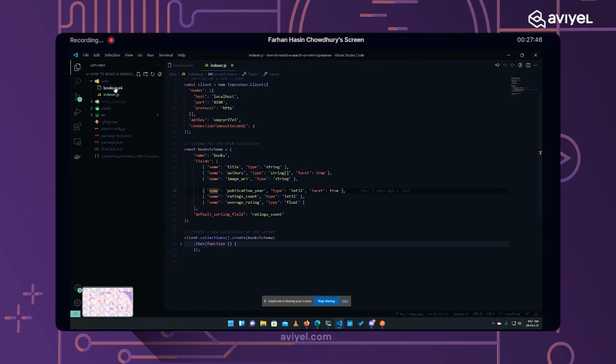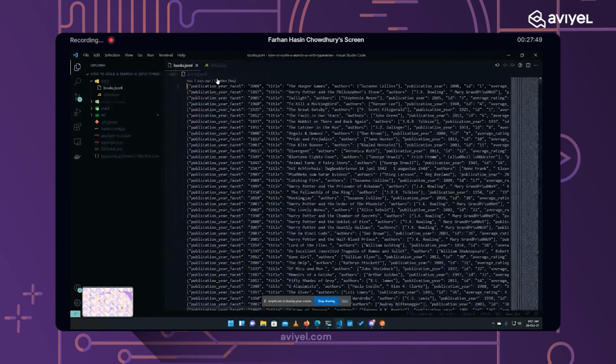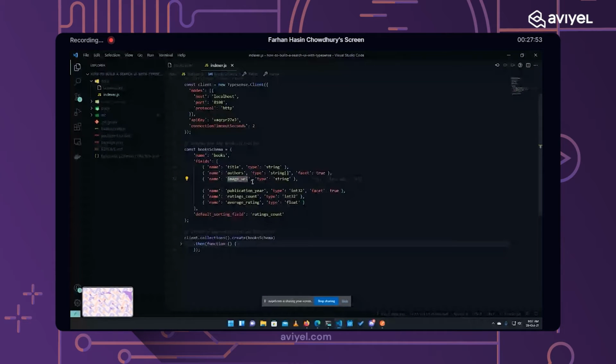Each of our books has a title, authors, an image, publication year, ratings count, and average rating, all of this. So we will have to create a schema here. This is the name of the schema. Then these are the fields. Within this array, you can define as many fields as you want.